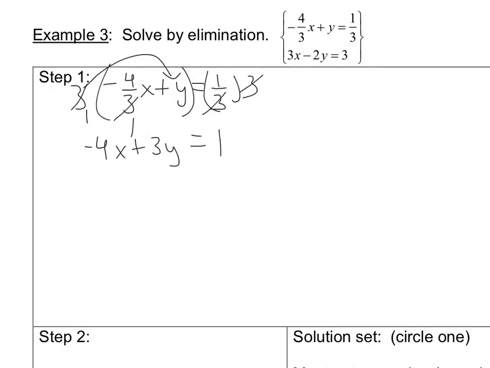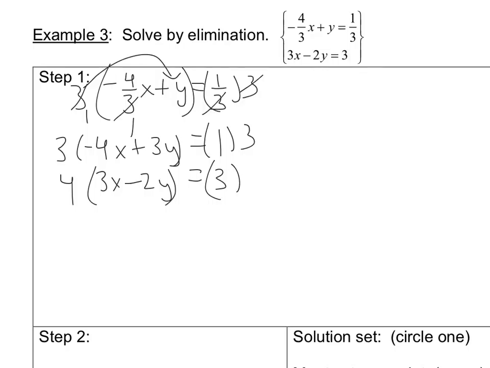Now bring this equation under. So you have 3x minus 2y equals 3. Can I add or subtract and get anything to cancel? No. Can I multiply 4 and have it equal 3? Or 3 and have it equal 2? No. So that means we've got to multiply both. So I see I have one negative and one positive here, so I'm just going to get them to equal 12. So I'm going to multiply this one by 3 and this one by 4, because that'll get them equal,